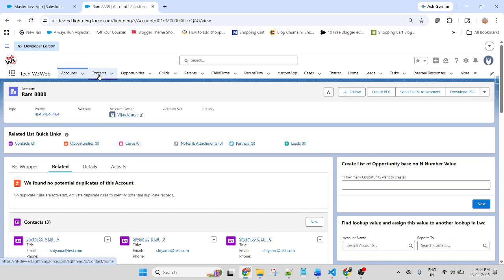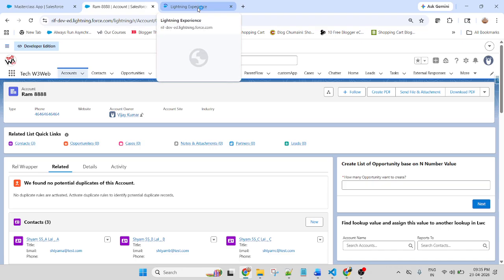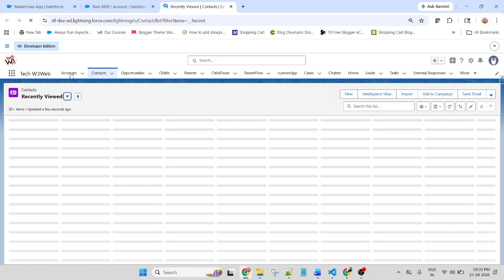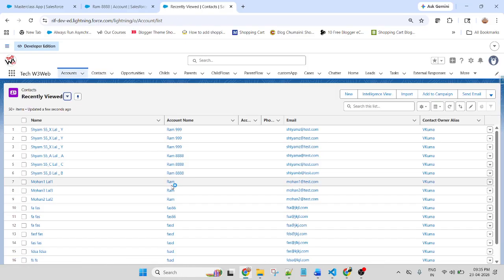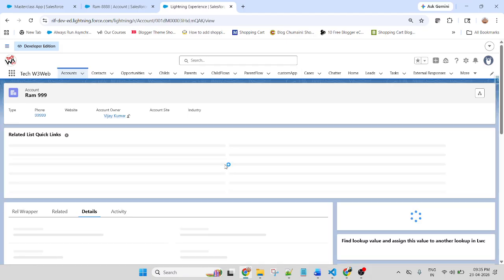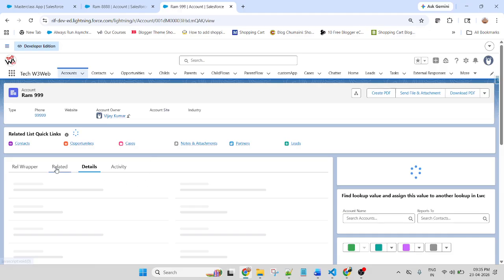Check the account and contact, whether all of the records were created successfully in my database or not. So yes, first let me check the account. This time my record created is Ram99, right? Yes. And inside Ram there are three related.